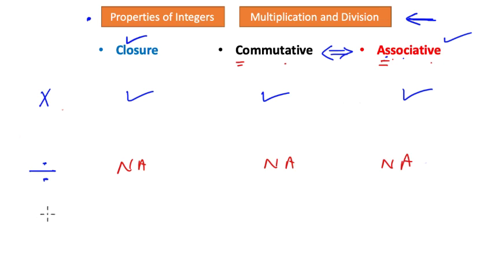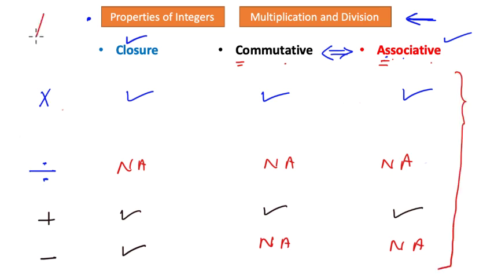Now recall our previous finding from our previous tutorial that when you studied the addition and subtraction operation, we found that the closure property holds true on addition and subtraction. The commutative property and associative property also holds true for the addition operation. But neither the commutative nor the associative property was applicable when we had subtraction as a mode of operation between two numbers. So this is the key point of our discussion today, or the summary of our discussion, that how these three properties are relevant to the various mathematical operations, specifically for the case of the integers.